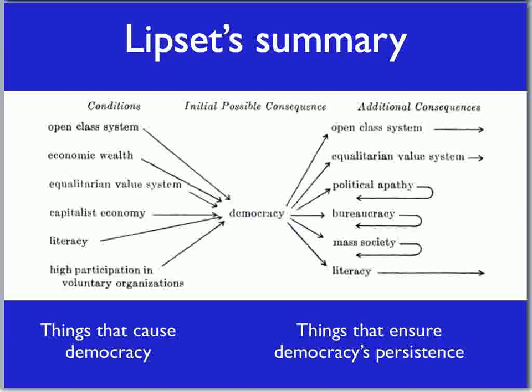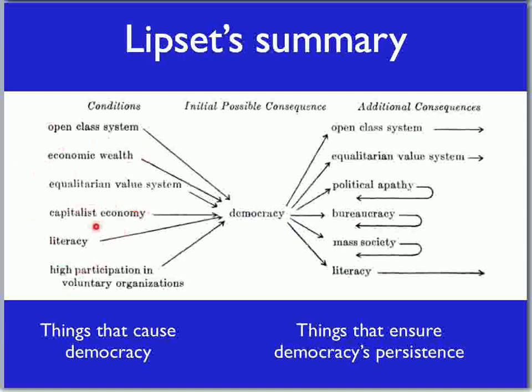So here's how Lipset sums up his argument. You'll see that there are a lot of arrows here. On the left-hand side are things that cause democracy, and under open class system, it seems like he means a couple of things. A relatively wider distribution of wealth on the one hand, and on the other hand, a lack of overlapping cleavages that would reinforce a class system. These and various aspects of economic development